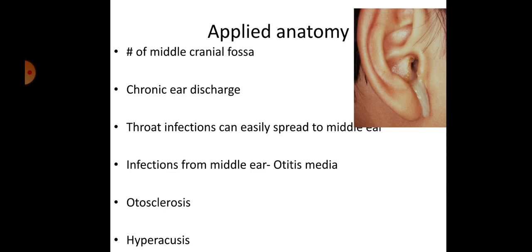It means any patient who came to the hospital with a middle cranial fossa fracture, first check the ear properly. Two things are possible: one is local bleeding from the ear, otherwise bleeding from the middle cranial fossa. That is confirmed by the signs and symptoms, otherwise CT scan or MRI. Next, chronic ear discharge. Usually chronic ear discharge is found especially in children, in early childhood.